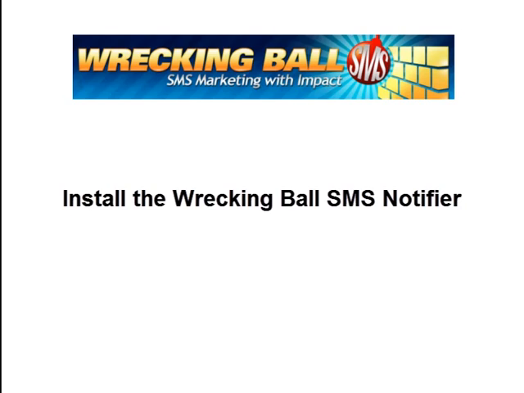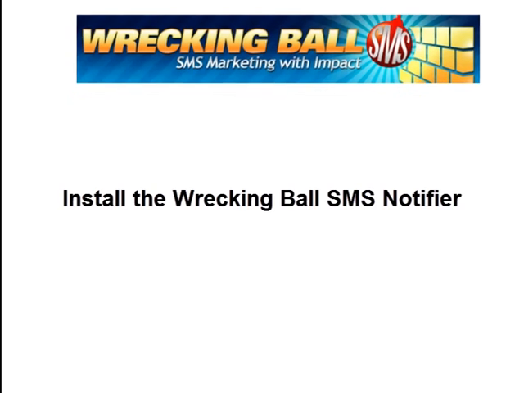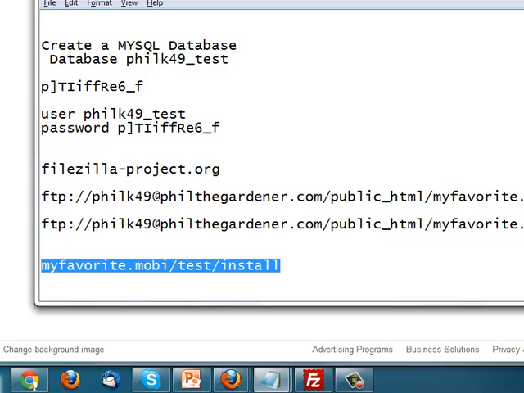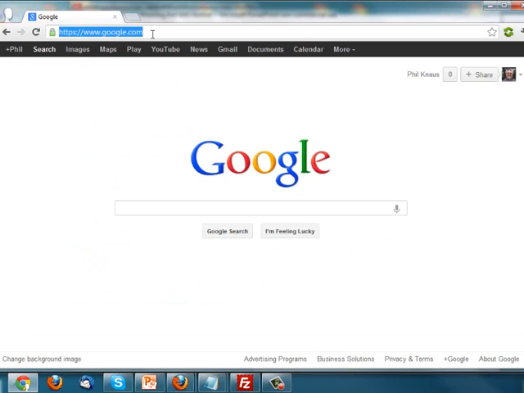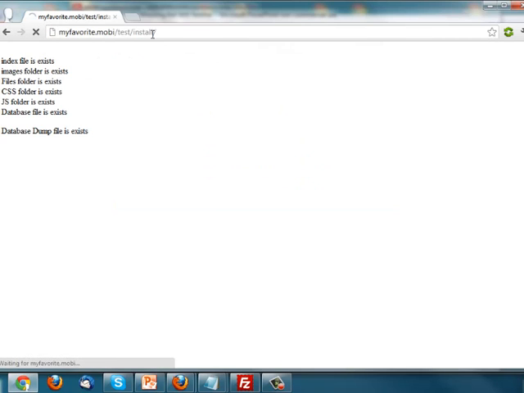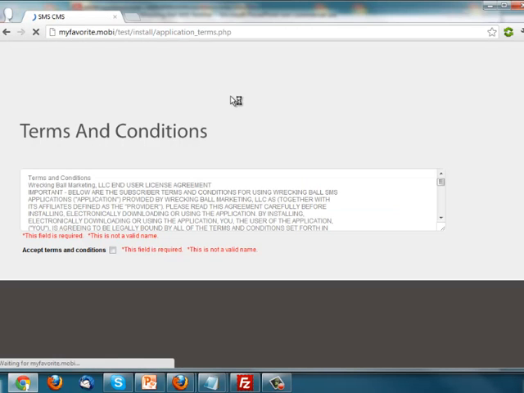In this video, we're going to install the Wrecking Ball SMS Notifier, so let's get to it. Remember, in our notepad, we had copied from FileZilla the URL of the directory that we're going to use to install. So we'll copy that to our clipboard and then go into our browser, paste that in, and we'll start the